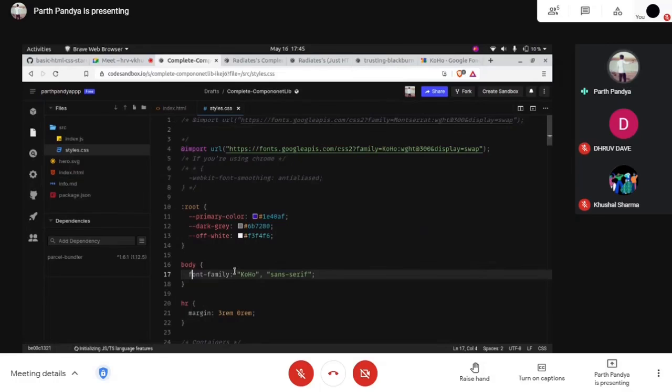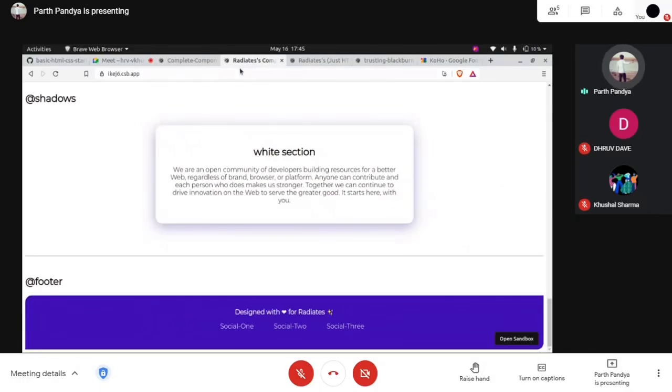In case your Coho fails to show, then sans serif will be used as a backup font. Suppose this is an external link and you have some connection problem. For that, Coho will not be imported to your document. In that case, this sans serif will act as a backup font. So when you refresh, you will see a slight change in the font.